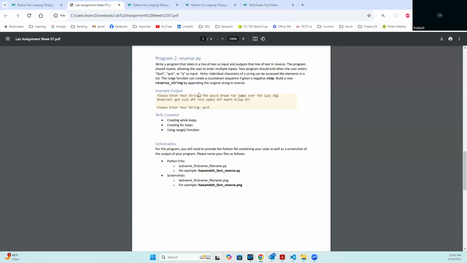Moving on to program 2, where we are saying that you have to reverse a string. So your program should end when the user enters quit, or Q as an input. So as long as the user doesn't hit Q or quit, whatever string the user is giving as an input, your job is to reverse it. So you will see the quick brown fox jumps over the lazy dog is an input string, and the reverse of it is nothing but god